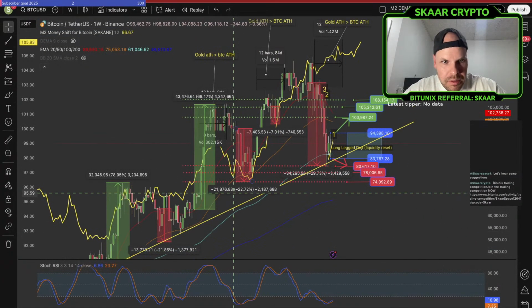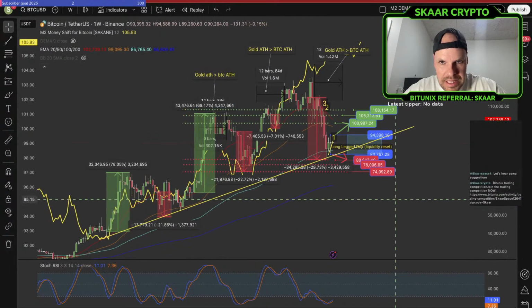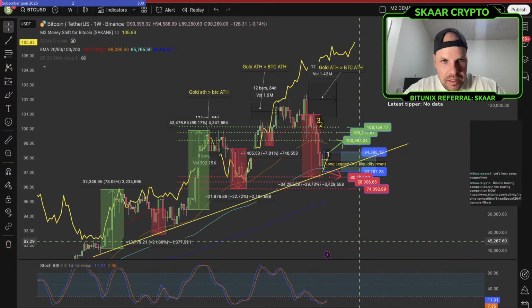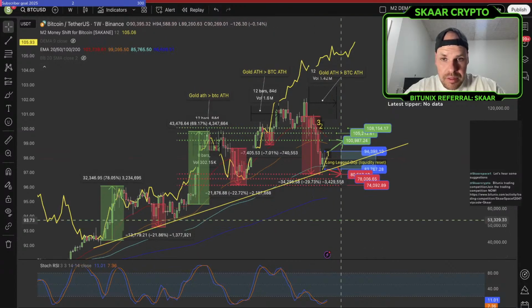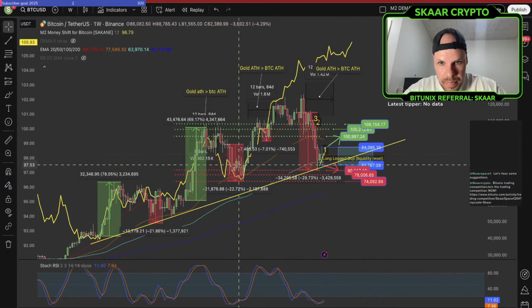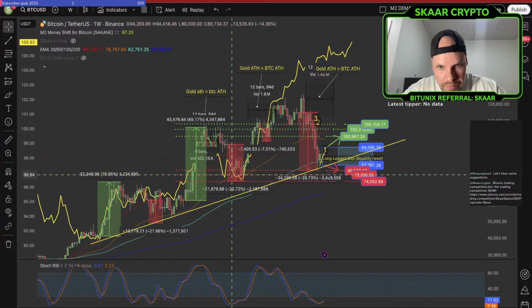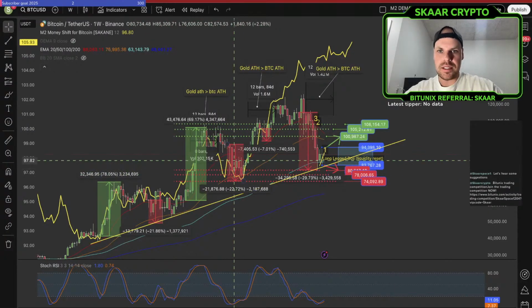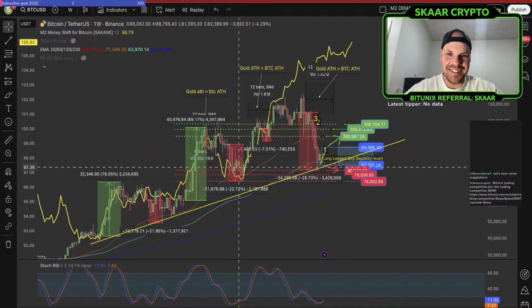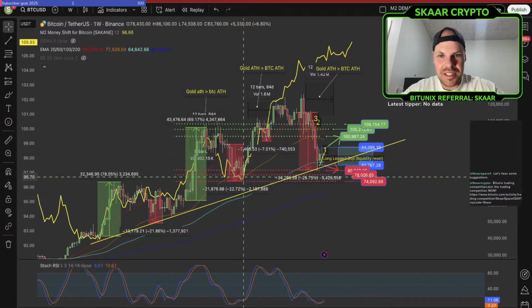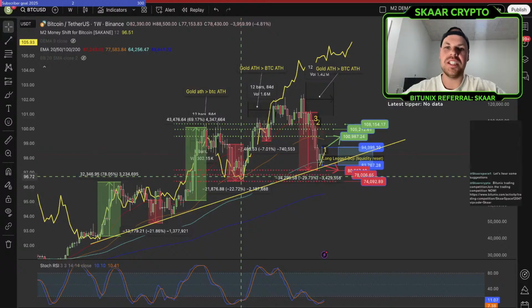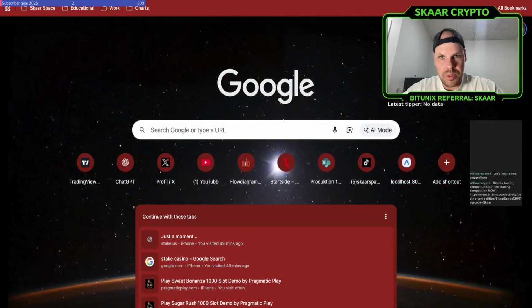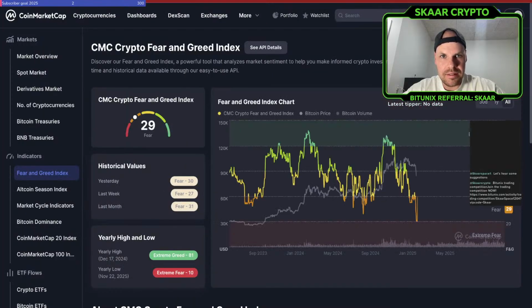So when people got scared talking about some insane dumps in the market, and I was talking about this back in February, March, that here you can see we had a fake out and we started dumping with all of this tariff madness, and people kept saying, we're gonna crash. This is it. It's over. Fear was incredibly high in the market. And I was one of the few guys talking about, nah, I'm not gonna believe that, because